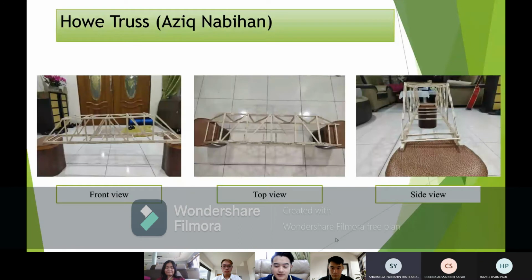Hi, my name is Aziq Nabihan bin Azmi. Matrix number is 742 and 42. The type of truss that I built is Howard truss. The dimension of my Howard bridge is 1 meter for the length, 0.3 for the height, 0.19 meter for the width. For the concept of my truss, Howard truss is a type of bridge design that was introduced by